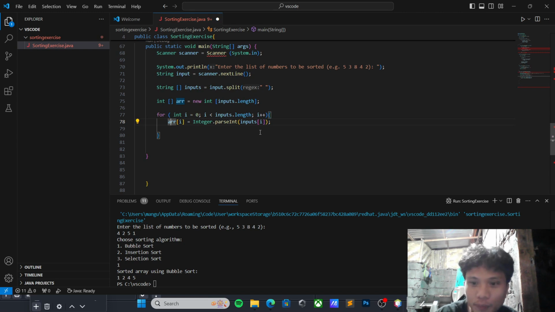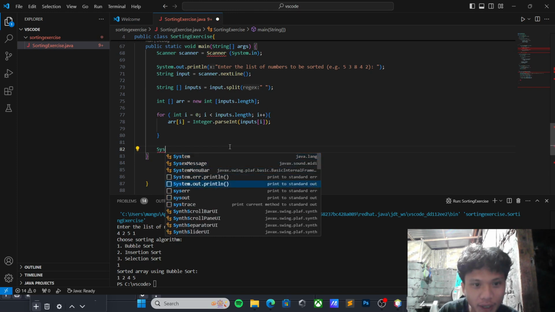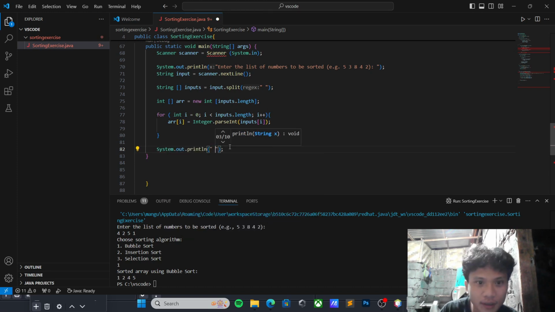So next, we have to prompt the user to choose an algorithm, whether it is bubble sort, insertion sort, or selection sort. So we have to create a statement that says choose sorting algorithm. We're creating it into the next line.